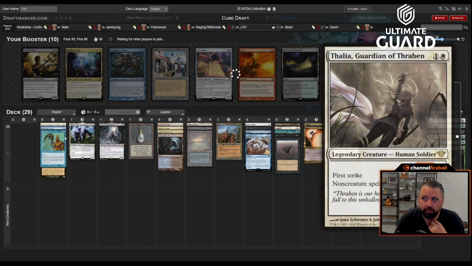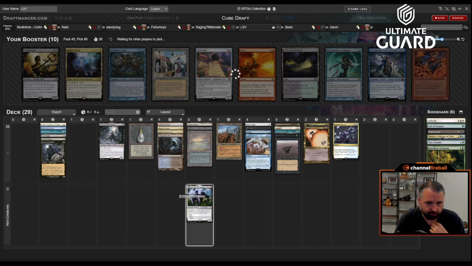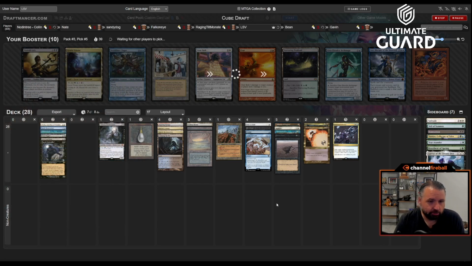I think Thalia is going to carry a lot of weight against some of the decks in this cube. It's not often I'm the one Thaliaing people. So if you discount the Lurrus, we're at 28 cards. You had 12 lands. That brings us to 20 land plus a Mox. So we're looking to pick up 2 to 3 playables. Probably 3, because Lorien Revealed is also like an additional land. And I don't mind playing like